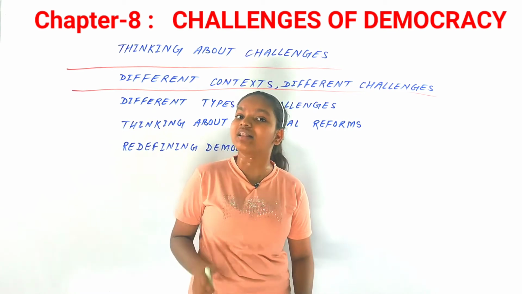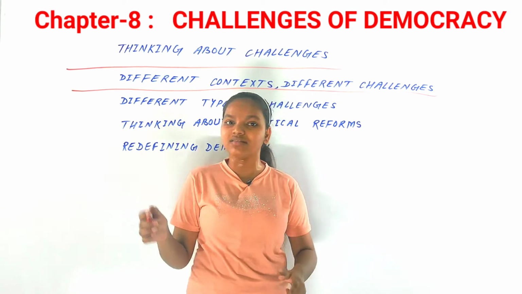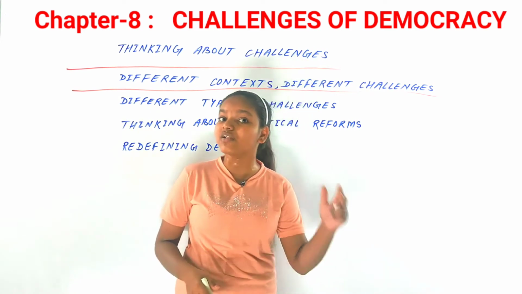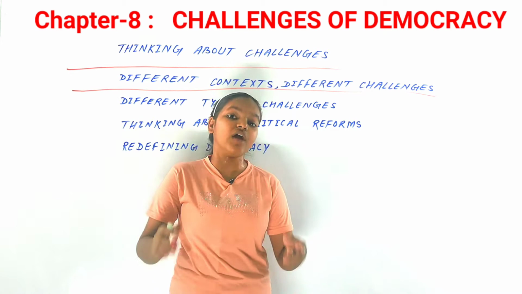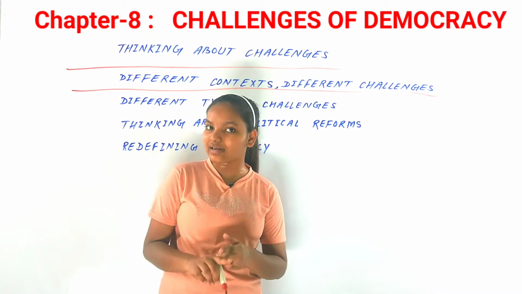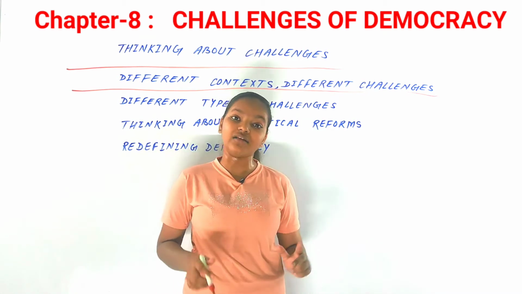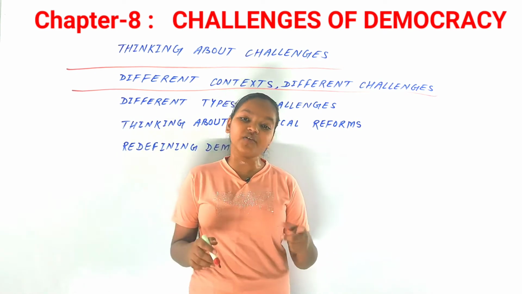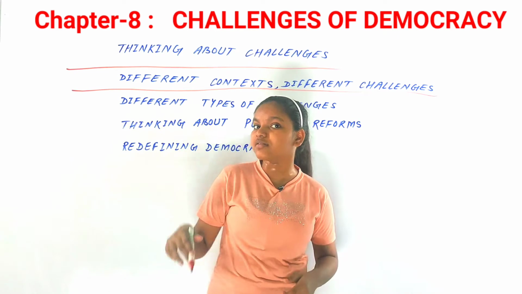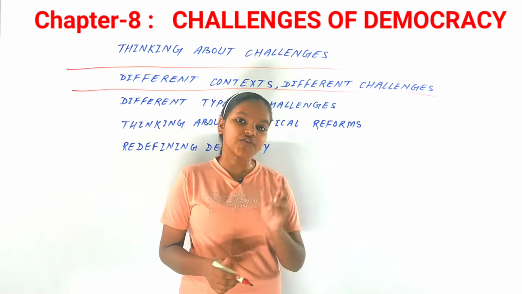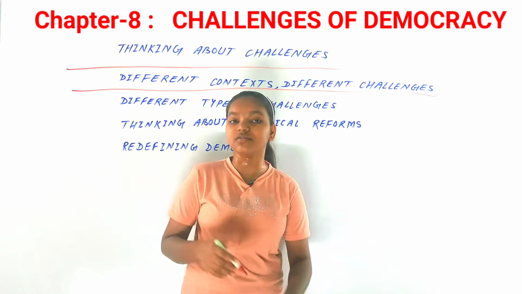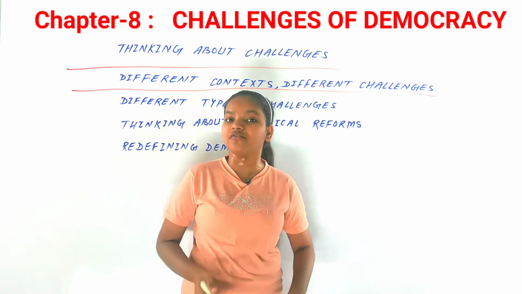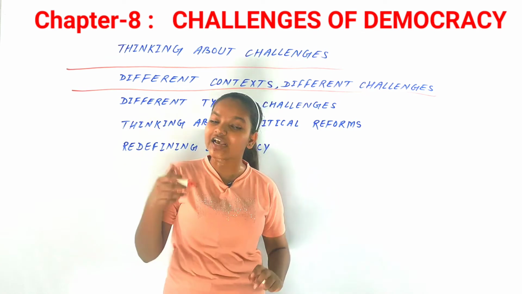There are different contexts, like the transparency of democracy. Well, you have a lot of examples that we have studied in class 9 as well as in the previous chapter of this book. So you have to take all the examples of different contexts and different challenges and write them down in your notebook. If we talk about the transparency of democracy, then corporate electoral politics, gender equality, and casteism, the caste inequalities in our country, there are different contexts of different challenges.